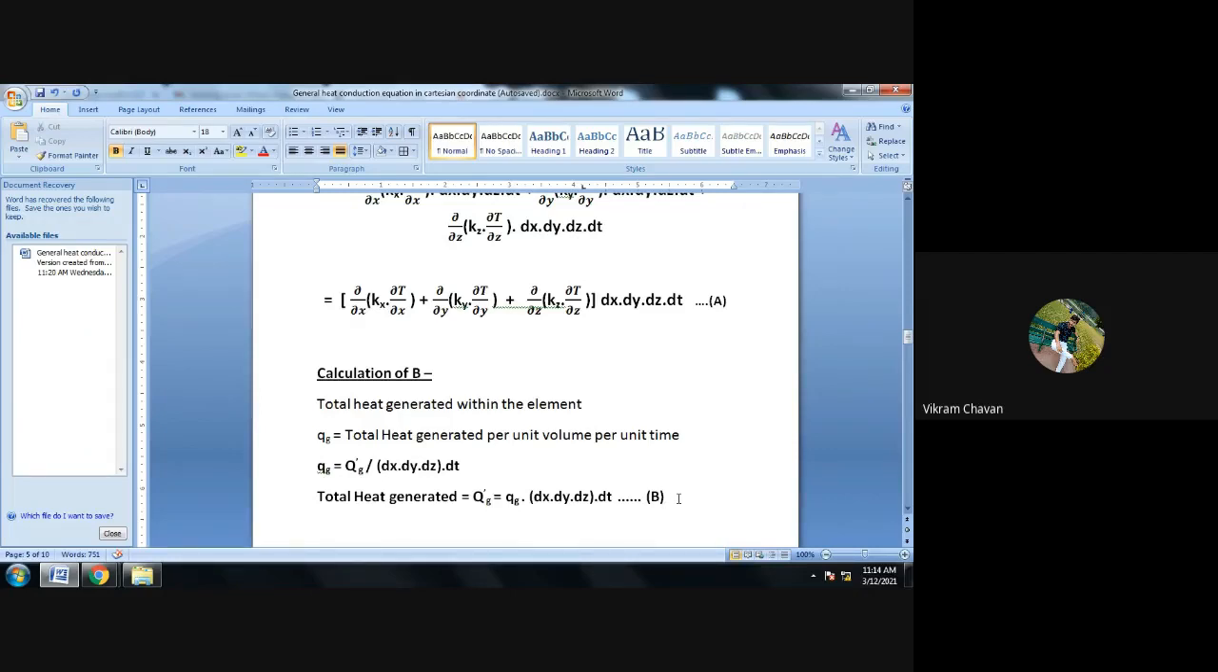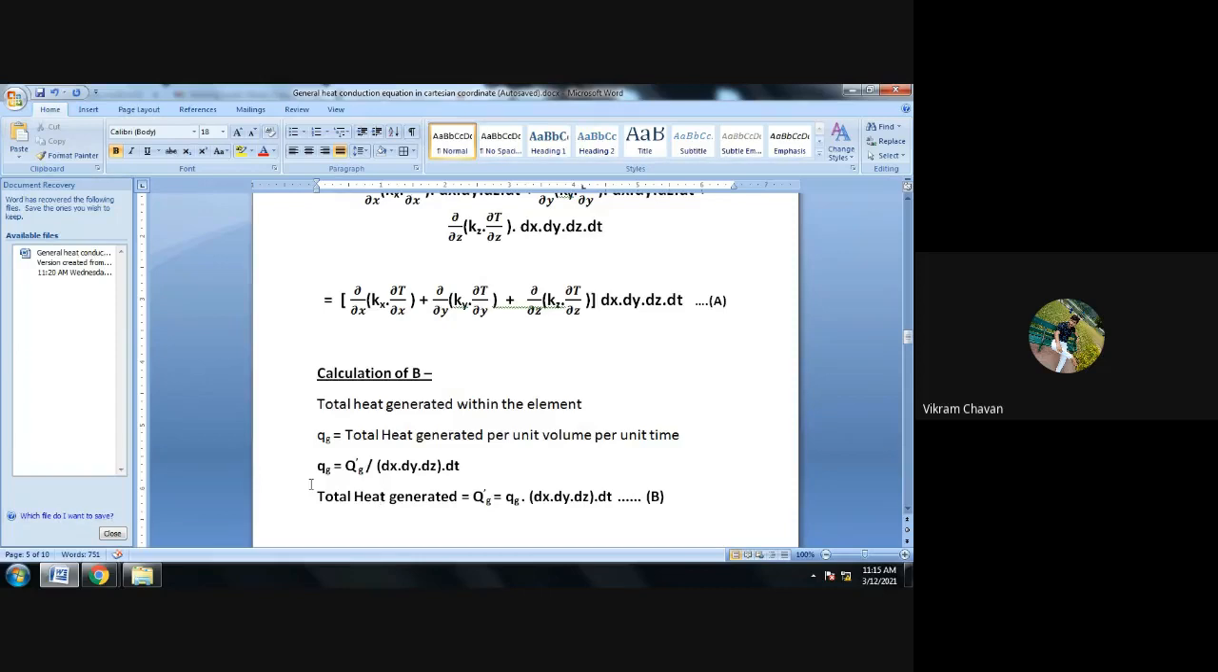Small q suffix g is equal to total heat generated per unit volume per unit time. So in an equation format we can write down